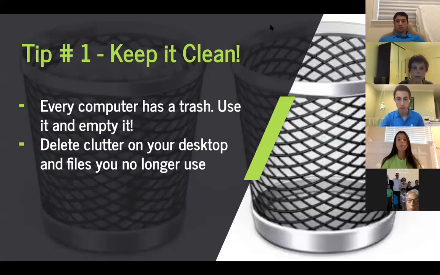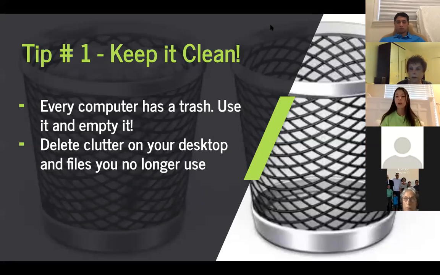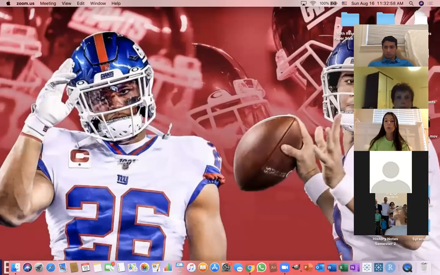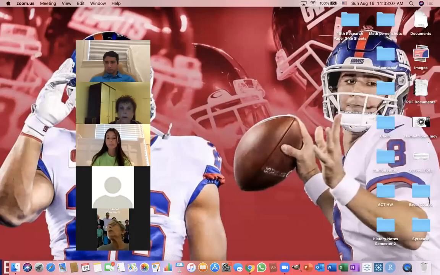Okay, so on the bottom right corner of your desktop, you have a trash icon, which allows you to delete any files or pictures or apps that are on your computer that you no longer want to use. The way that you would use this trash icon is by dragging anything that you no longer want into the trash. That would delete it, and if you ever needed it again, you could just open up the trash and find it. So here, if Joe drags something from his desktop into the trash, you could see that